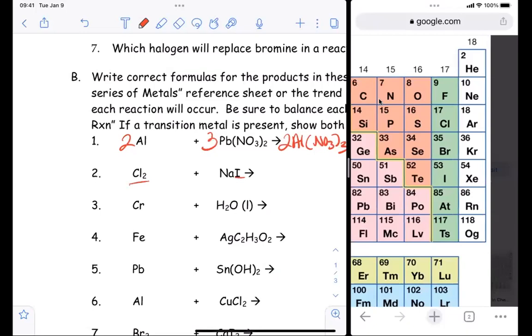So you're going to have sodium and chlorine together. So you're going to have NaCl. Don't forget, it's replacing the iodine, which is the non-metal, so it will come in second. The metal always comes first in a compound. Chlorine is -1, sodium is +1, or you just realize that I is in the same group as Cl, so they're going to have the same charge, which means the formula for sodium chloride is going to be in the same ratio as sodium iodide, because they're all in the same group, which means they have the same number of